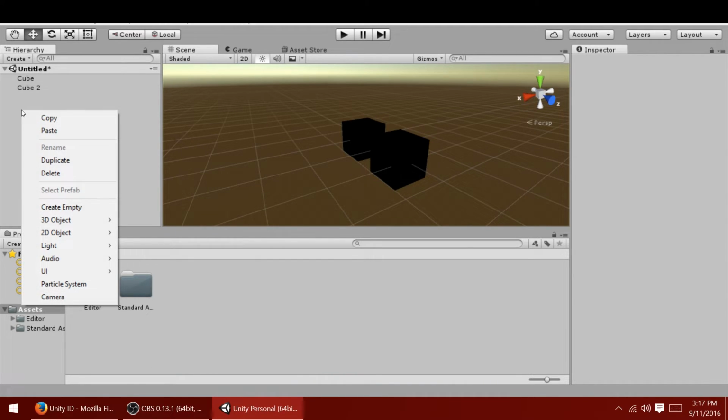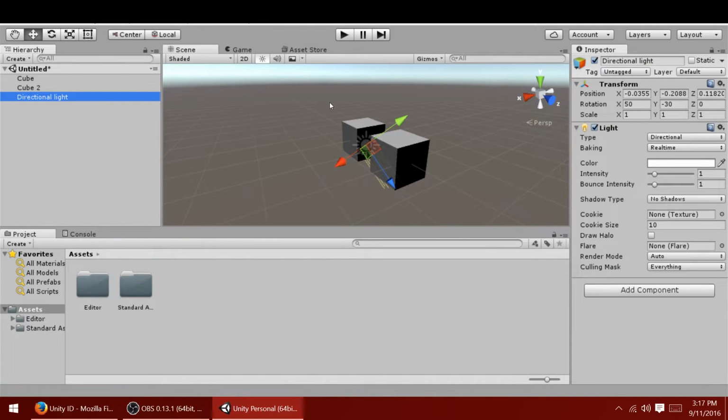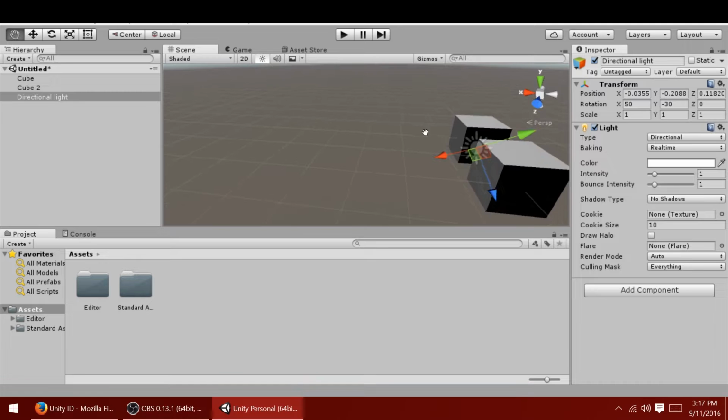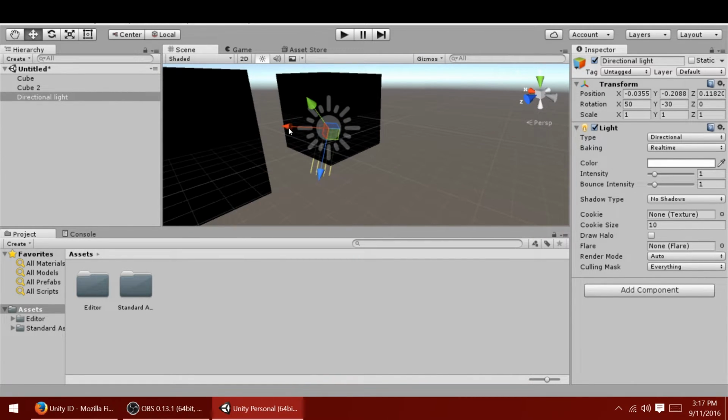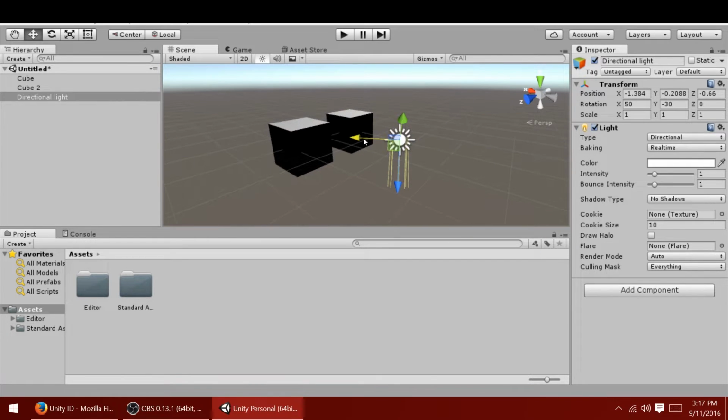So I right-clicked in the hierarchy. I'm going to light and I'm going to directional light. And oh, there we go. Now we can have this nice shading on the cubes in our scene. And as we can see here, we have this little sun object. And as you can see, no matter where I move it in the world, it doesn't change the lighting because it basically simulates a light that's infinitely far away and always shining light in a direction on the